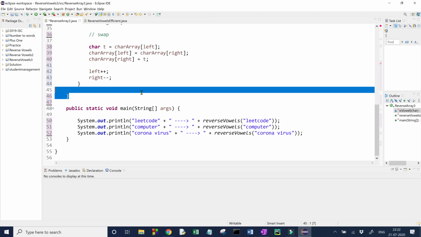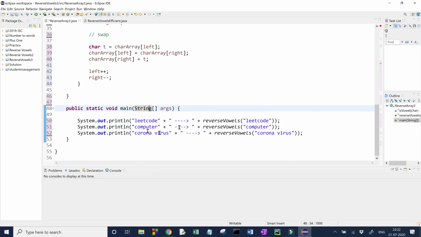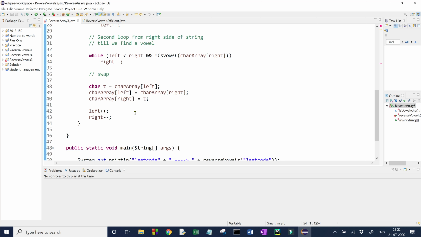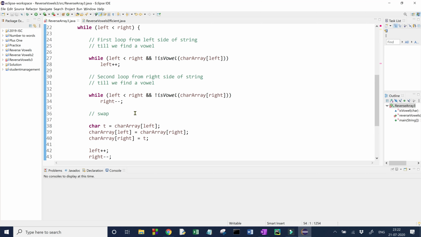We can try and go for it. I have taken 3 examples: LeetCode, computer, and obviously the latest trend, coronavirus. So let us see how it comes. Oh, we have got an error. So now we have to trace the error also.